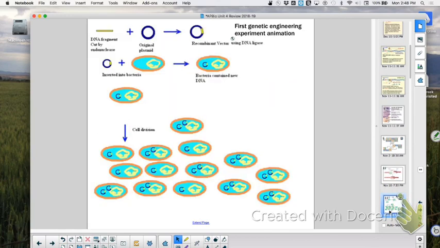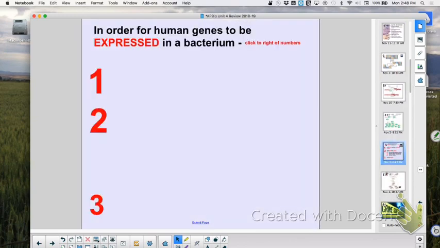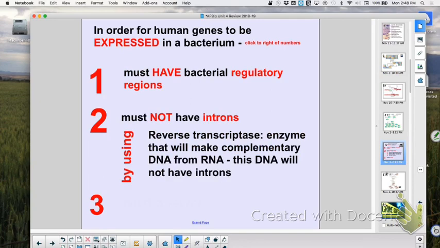We talked about cloning, putting genes into plasmids, and here was that part I jumped the gun. What you have to worry about when you're using eukaryotic DNA is you have to have some regulatory regions in order to turn the gene on. If you put it in there and you don't have it next to an operator, it's a silent gene. It will never get expressed.